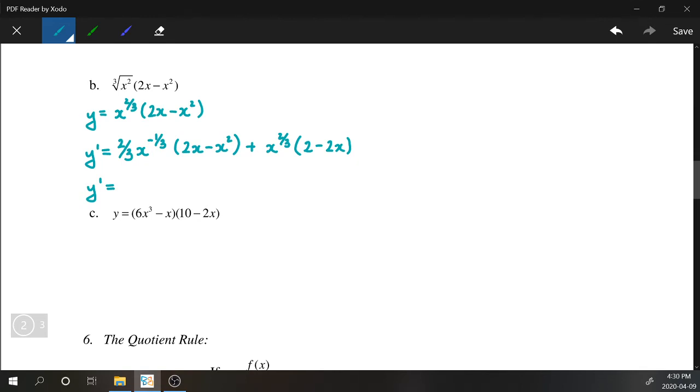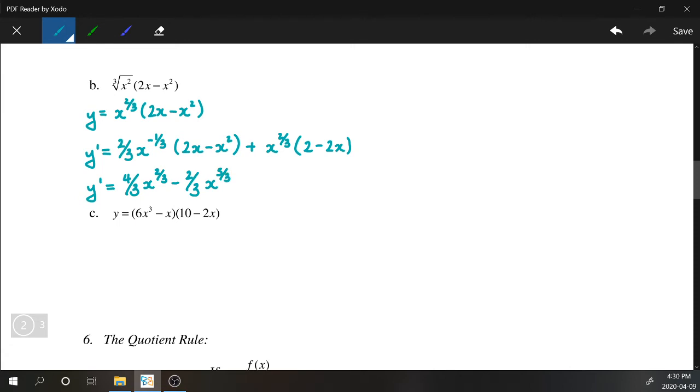So 2/3 times 2 is 4/3. X to the negative 1/3 plus 1, that will give you 2/3. And then continuing the distributive property, you have 2/3. And then, of course, negative 1/3 plus 2 is going to be, that will be 6/3. Okay, so that will be 5/3, just adding fractions here,